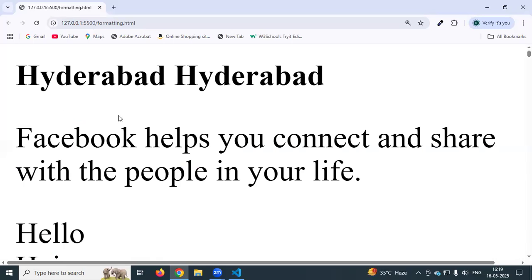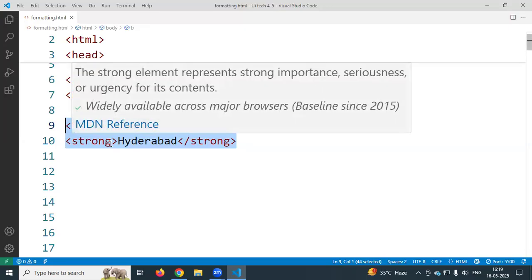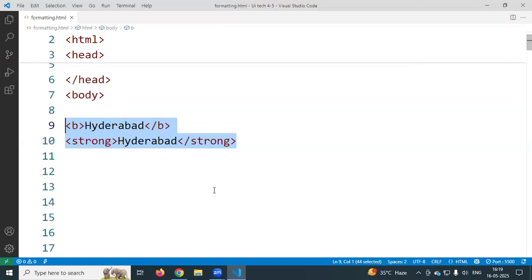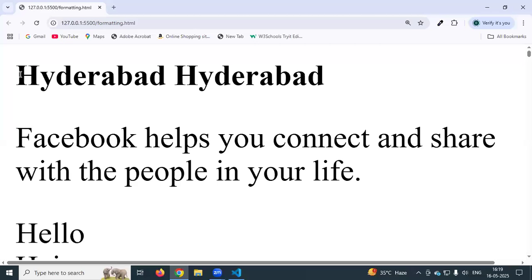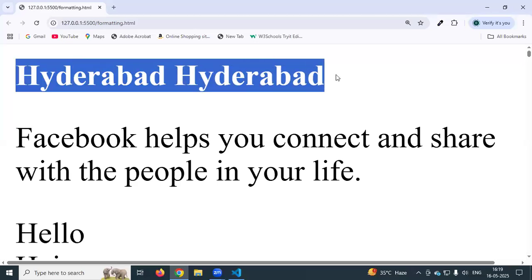Some people say the B tag and strong tag are both for bold text. That is a wrong statement. Visually bold text, okay, I accept that point. Visually both have the same appearance, both have the bold format. But technically,